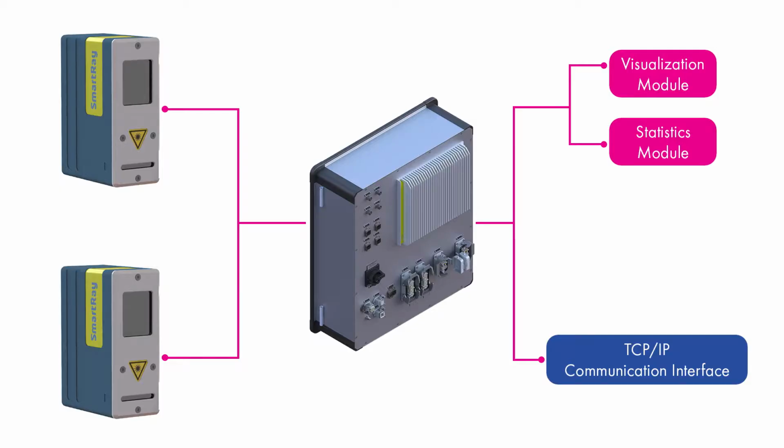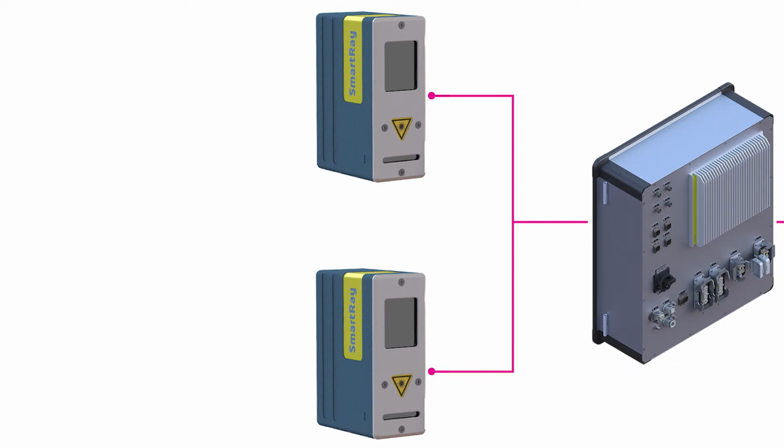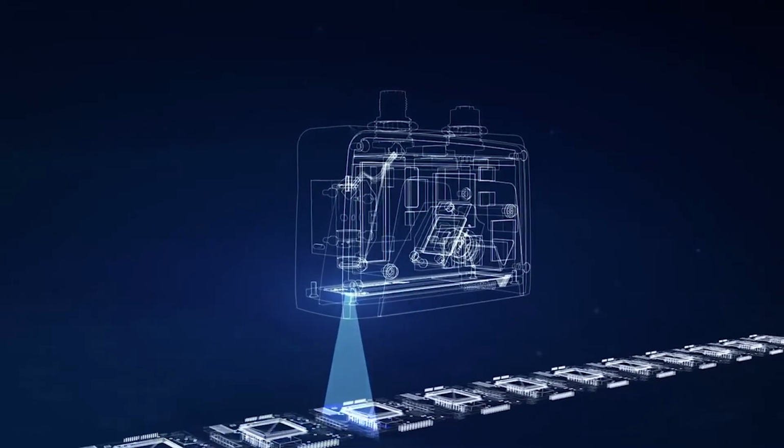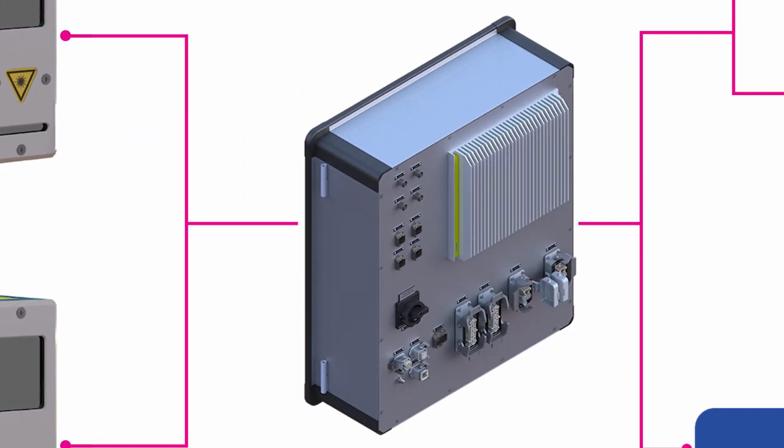Here's a basic overview of an automated 3D weld inspection system from our partners at SmartRay. The system consists of either one or two sensors. The sensors will scan and collect data using laser triangulation that reflects back into the CMOS sensor. The sensor then transmits that data to the controller unit.